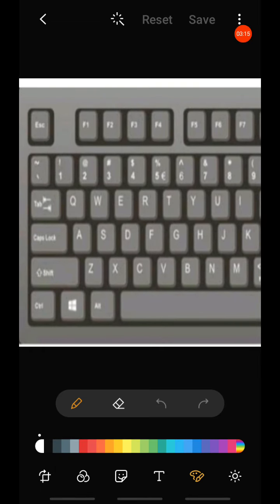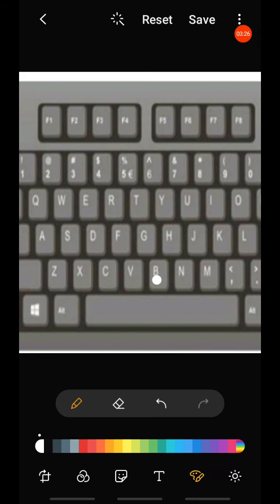Hope you can see this A. Okay? This A. Then this is B. This is B. Then the black color C. Black color C. Blue color A. A, B, C are located here.